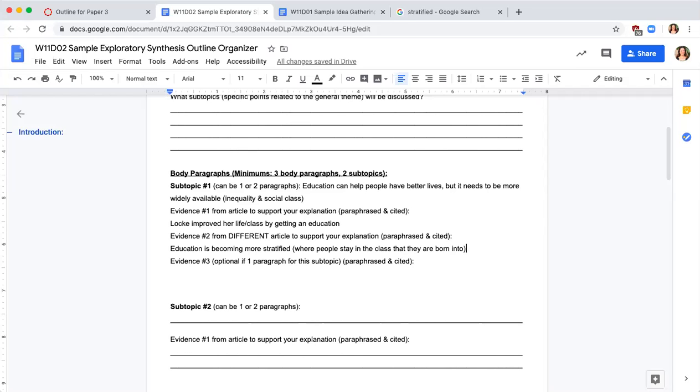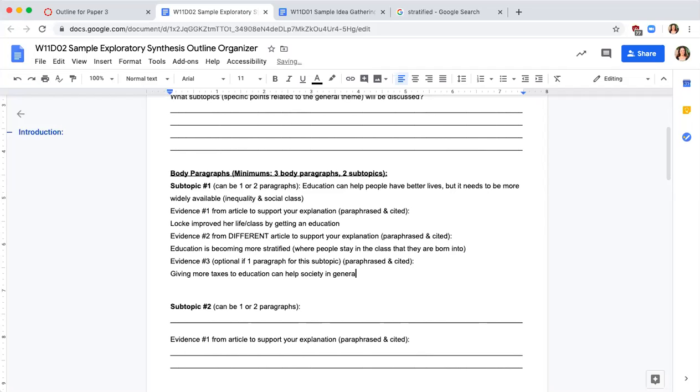And then I think the third evidence that I want to put into this idea is that giving more taxes to education can help